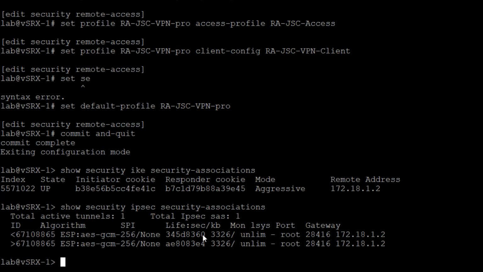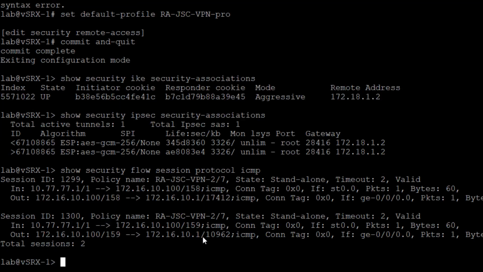Then the last thing I want to look at is the session table for that traffic we're sending through right now. And you can see we're sending the traffic. We can see that we are coming in on 10.77.77.1. Perfect. That's what we expected. That's that first IP address in that range, and we're handing that out. And we're sending the traffic to 172.16.10.100. That's our server. Perfect again. And then the server, which is 172.16.10.100, is sending traffic to the